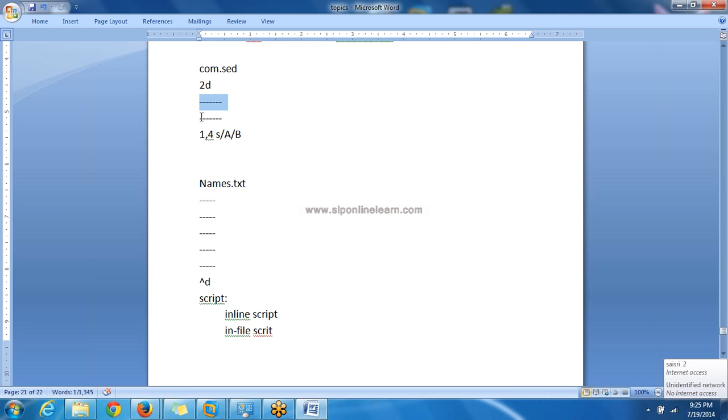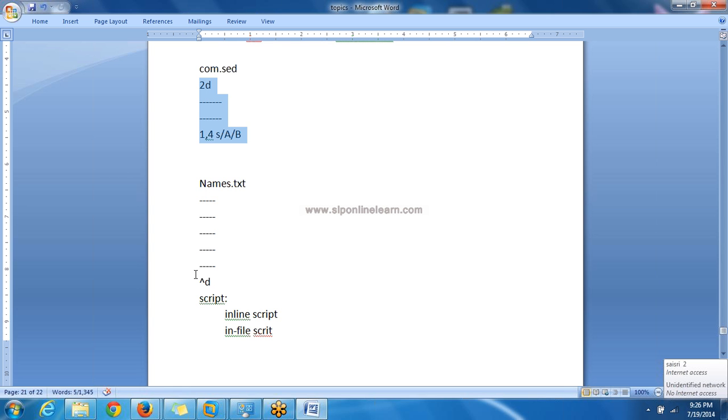Till the end of the file the process is repeated. First we take the first command, next the second, third, fourth, fifth command, till the end of the file. This is one loop, and whatever command you just took from the script file will be executed on every line in the input file. So this is another loop.